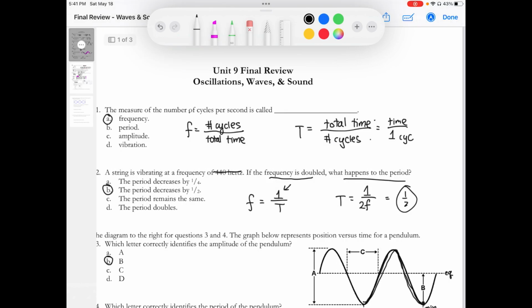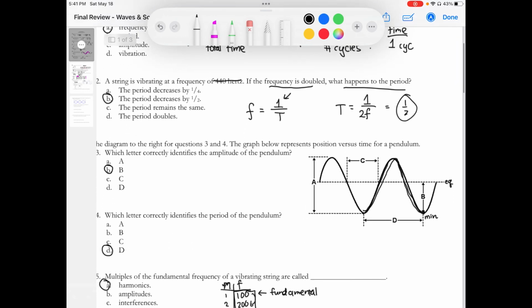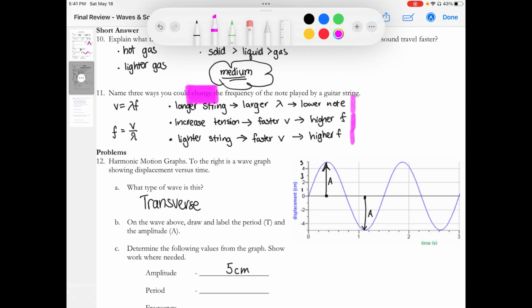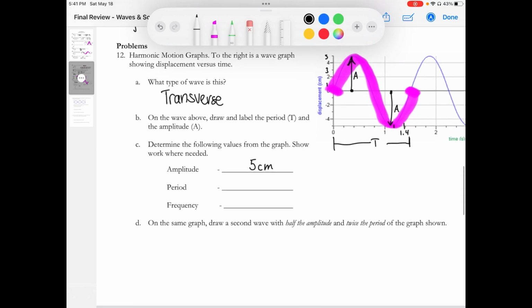Just like the problem on page 1, the time period is the time for one complete cycle. So 1 up and 1 down. So maybe for this, I do 1 up, 1 down, starting and ending in the same place. So the time period is from here to here. Now, that looks to me like 1.4 seconds,